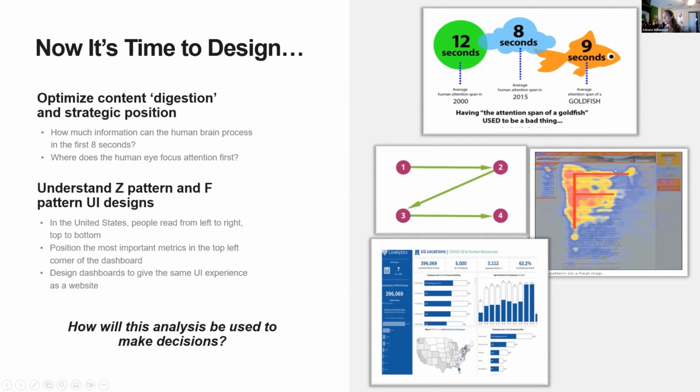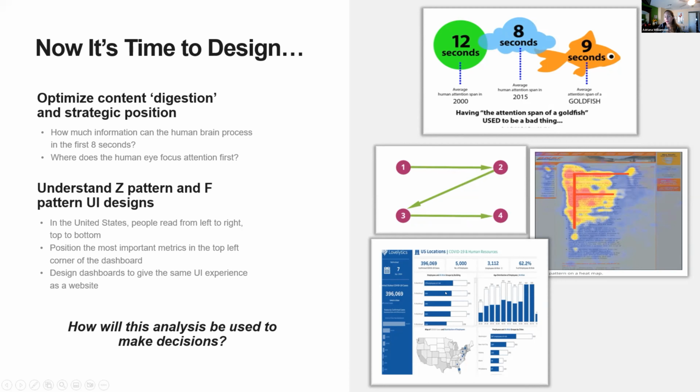I got this image, this F pattern that you see here, from my website, and actually there is a really good webinar Tableau has in its webpage. It talks about the eye tracking. Where does the eye track the information? And this creates kind of an F pattern. Everything on the light blue means people don't tend to bring their eyes towards. Everything on the orange and the yellow is where people focus their attention most of the time. So what does that tell you? That tells you that when it comes to positioning the most important metrics in your dashboard, you gotta understand how we consume information. How do we focus on information?